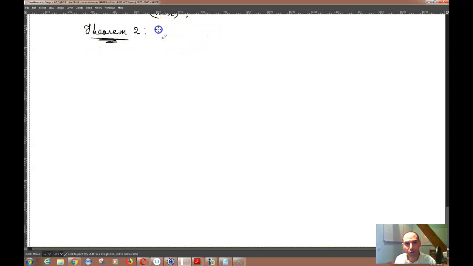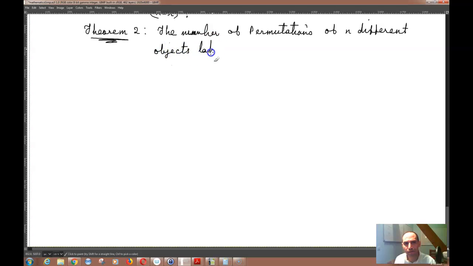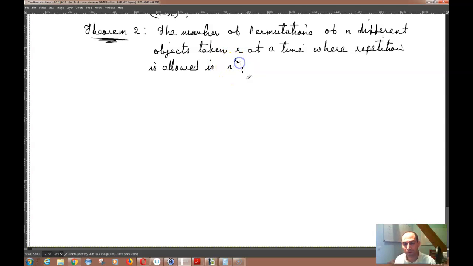The number of permutations of n different objects taken r at a time, where repetition is allowed, is basically n raised to the power r, meaning that